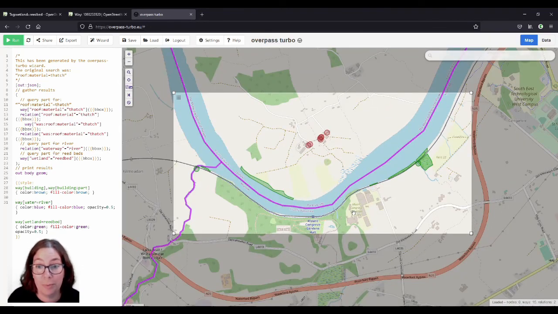So I hope I have convinced you that there is a correlation between thatched buildings and reed growing in the area, which is kind of obvious. But now we have it green on white or something.